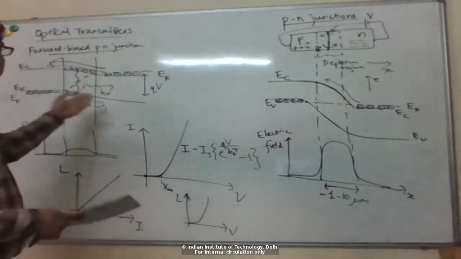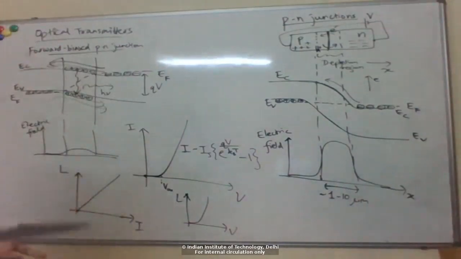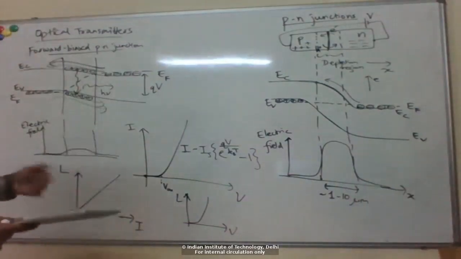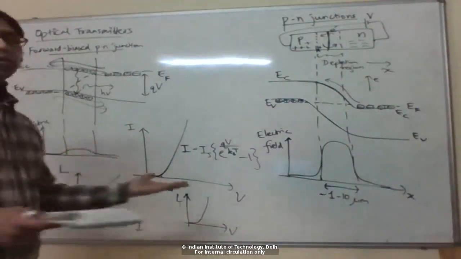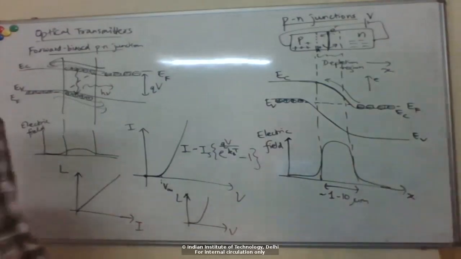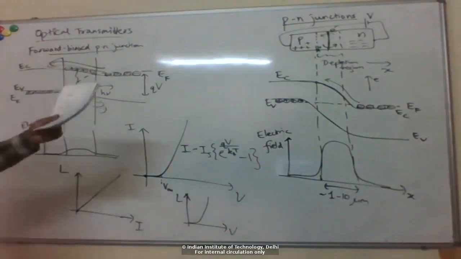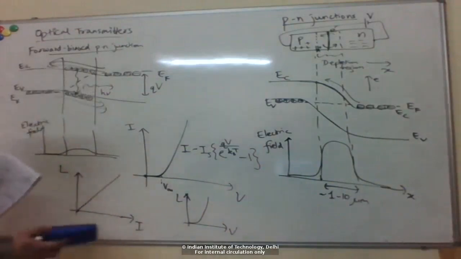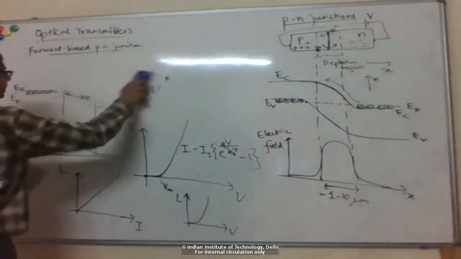Okay, so the first type of devices which are made using these homojunctions were found to be not very efficient, and not capable of providing the efficiencies and the powers that we need for practical applications like communication systems, right? So then there is a modification done to this design, and basically what we do is we go from homojunction to what are known as double heterojunction to increase this